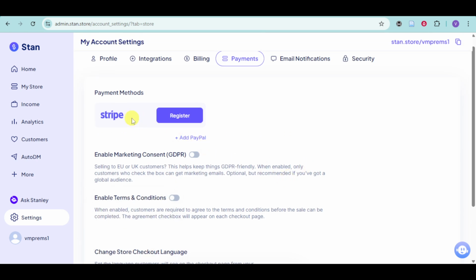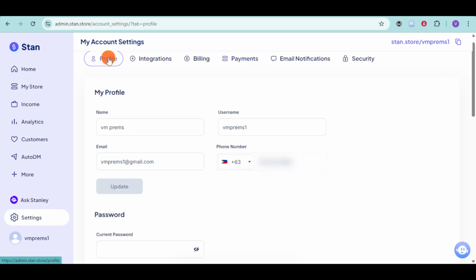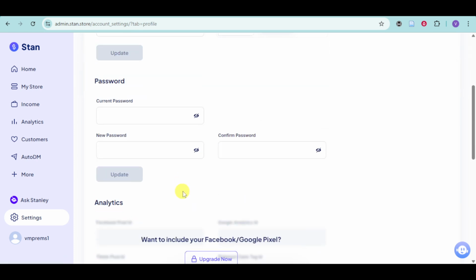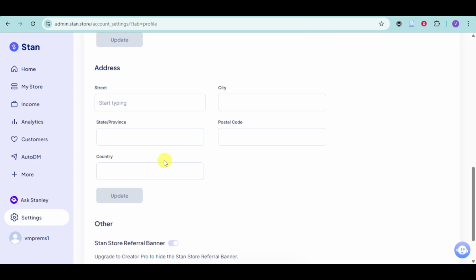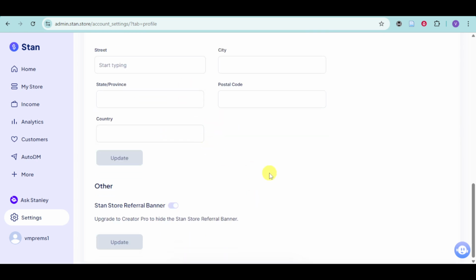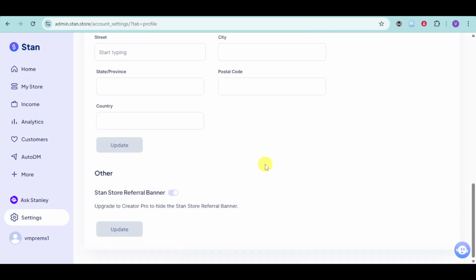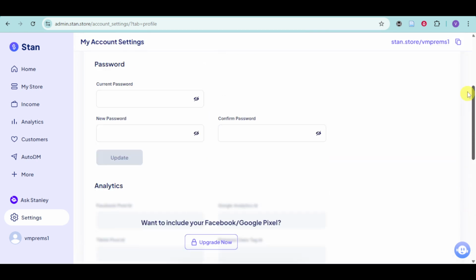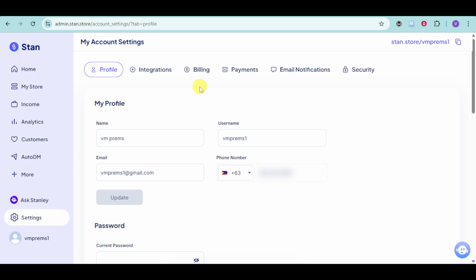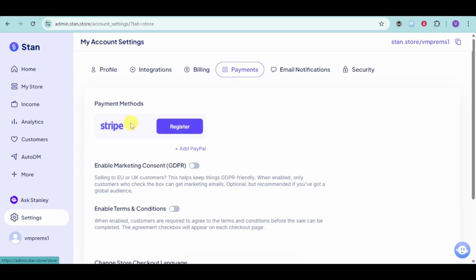Now, do take note that the country or region that you're in will determine your current currency in this part. You can just input right here the address and the like in order to edit it according to your actual region. So do take note that you need to have that ready as well under the payments, and make sure to register a Stripe or also accept payments through PayPal in order to get more accessibility with